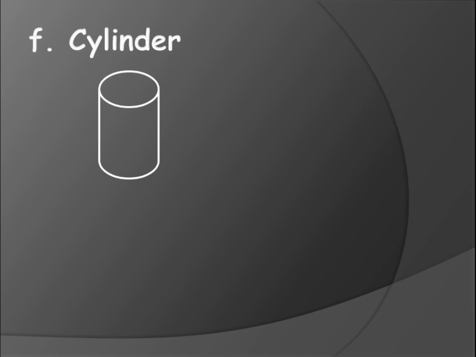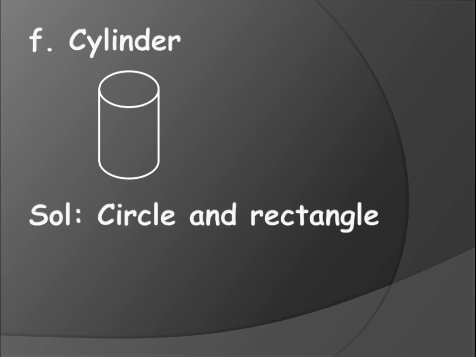Okay, so here, if you see this part, this is in the rectangle shape, isn't it, children? Yes, this is a rectangle. And here you can see a circle. Bottom also you can find a circle. That means you can see a rectangle and two circles, isn't it? So that's what you will mention, rectangle and circle, or circle and rectangle. Okay, so in this way you can identify the 2D shapes in the given 3D shapes.